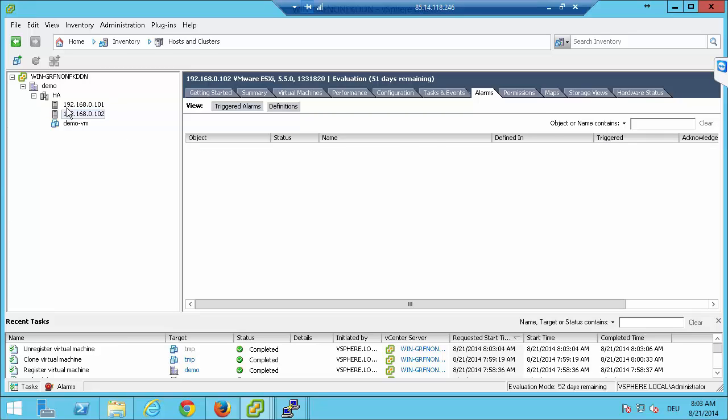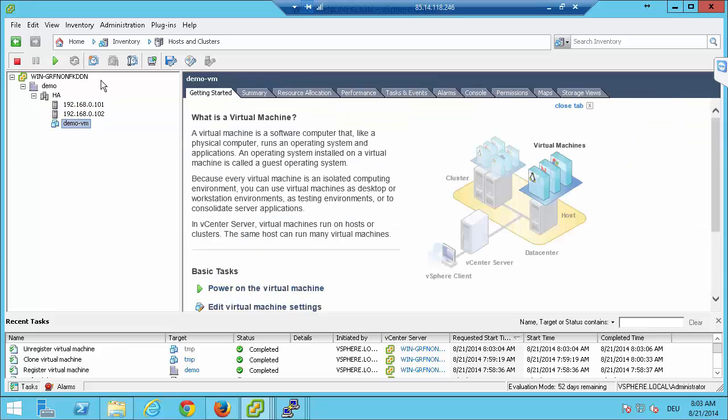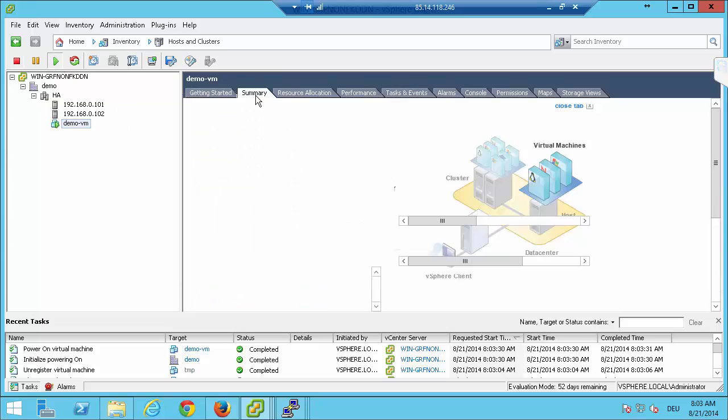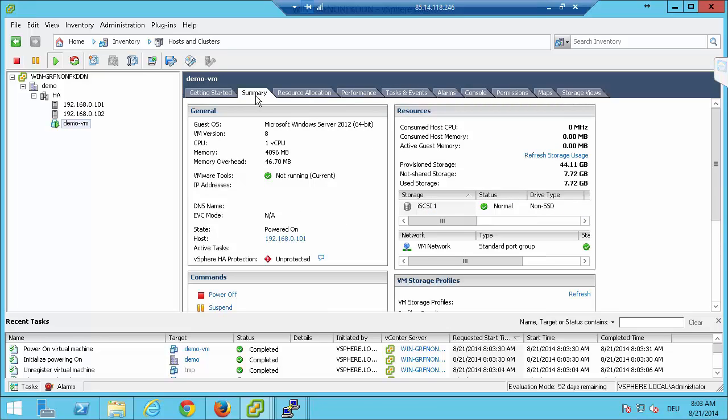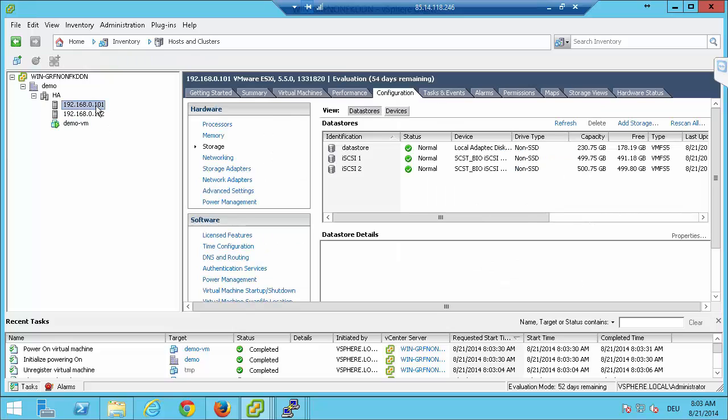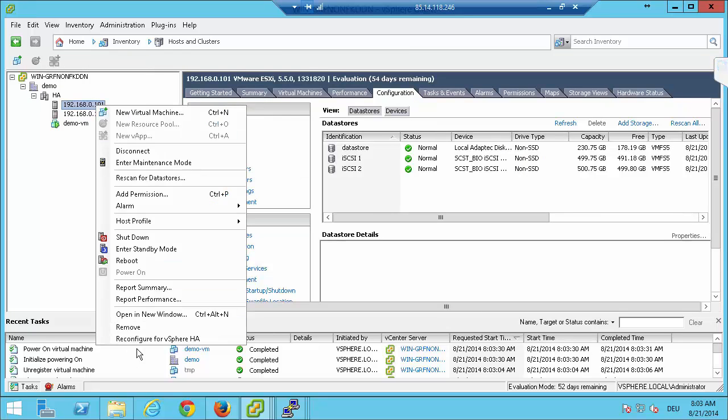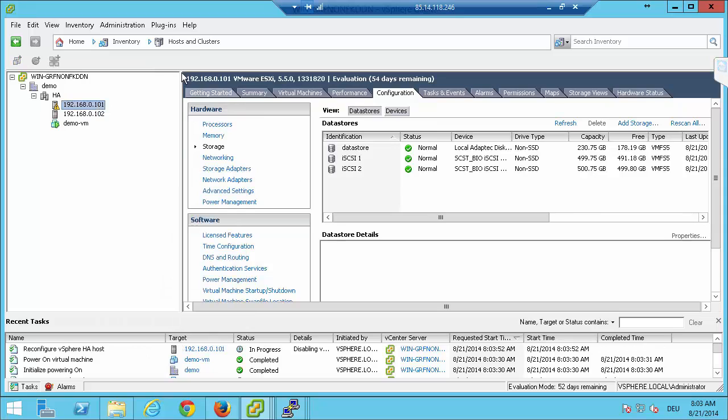Okay, so coming back to our vCenter, here everything looks already almost great. So this TMP I can remove from my inventory already. I don't need this machine. So I have one machine. I see some alarms here, so I can go and see what's going on. There is an alarm with some host power status. I can acknowledge and I can clear this message if I don't want to see it anymore, if I know what's up. So my cluster is already